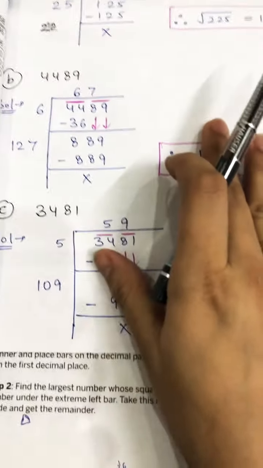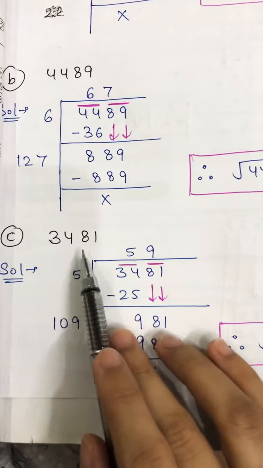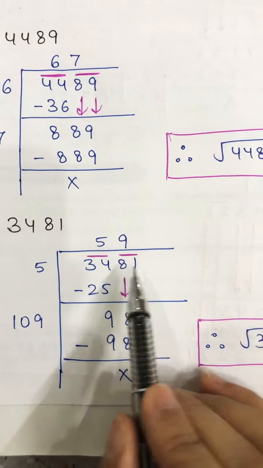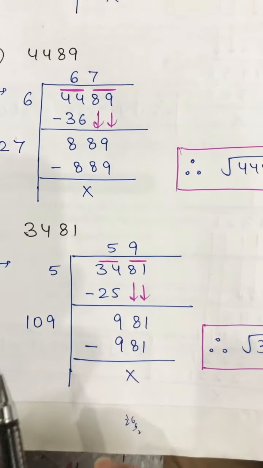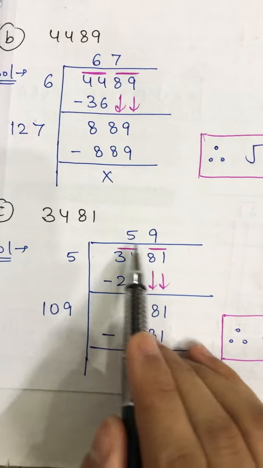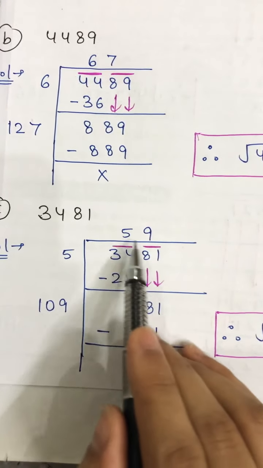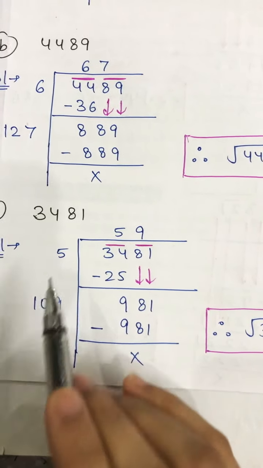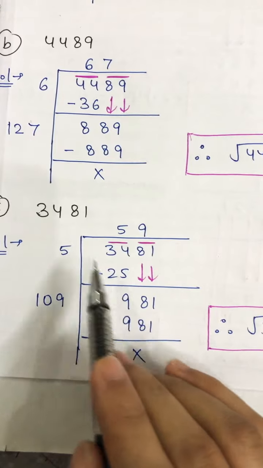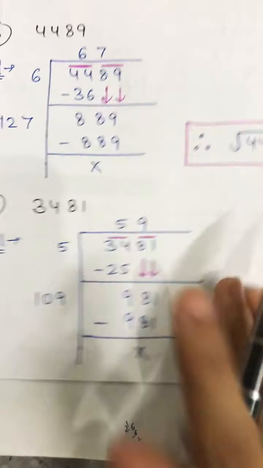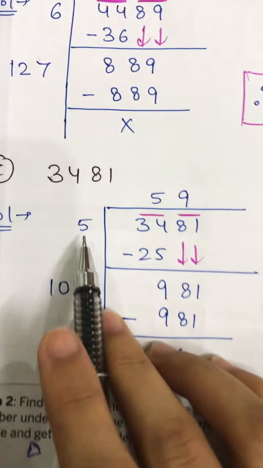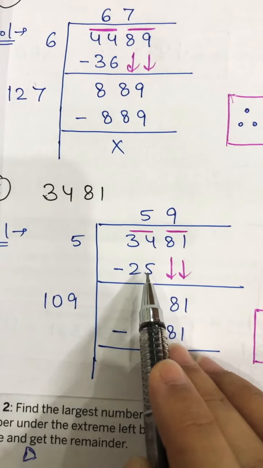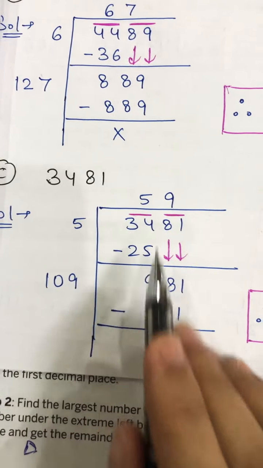Okay, now see the next part is 3481. Write 3481 here. Okay, now start making pairs from the last digit. 1 pair, 2 pair. Okay, now you have to see which table these two digits will go on. Now 2 2s are 4, very small. 3 3s are 9, 4 4 16, 5 5s are 25, 6 6s are 36. 6 will be bigger. If I take 6 here, it will be bigger, so I'll take 5 here. 5 5s are 25. Okay, 34 minus 25 is 9.